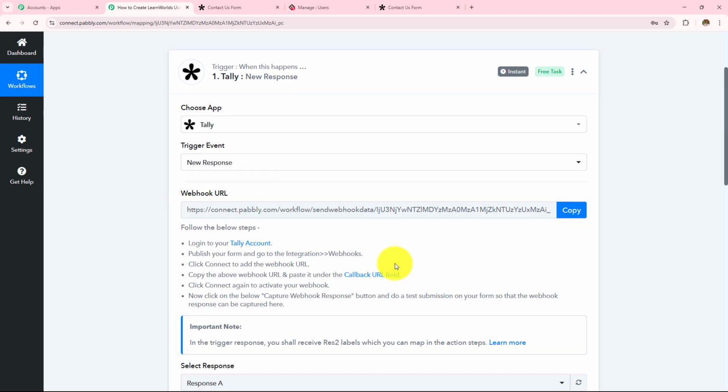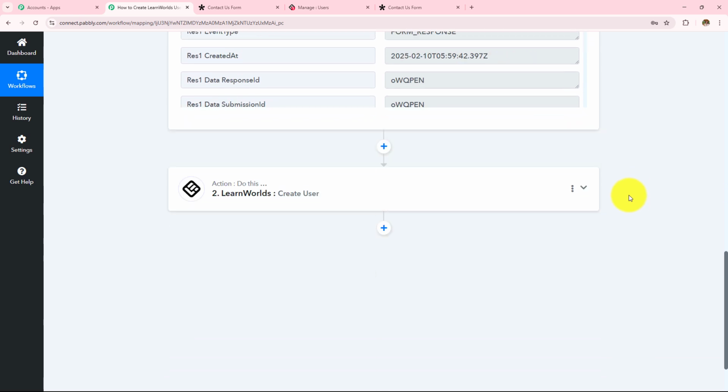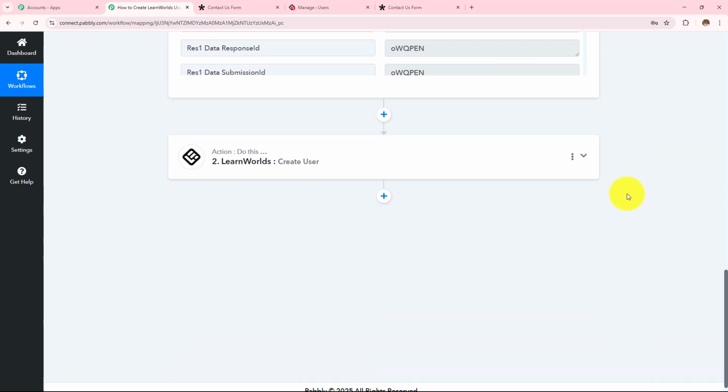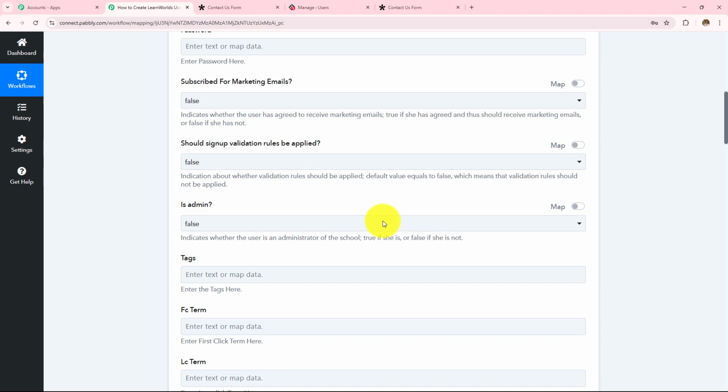So now to summarize, we took Tele as our trigger application where we made connection with Pabbly Connect with the help of this webhook URL. We submitted a form and received that response here in this workflow. Then we moved to the next step where we wanted to create the user. So we took action application as LearnWorlds, made connection with Pabbly Connect,